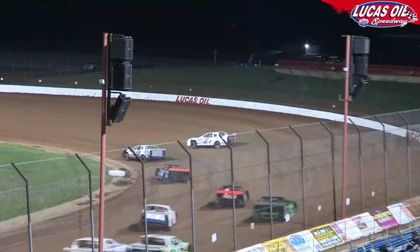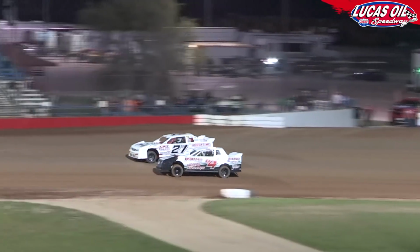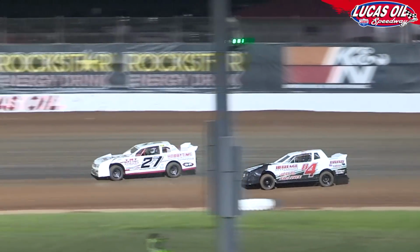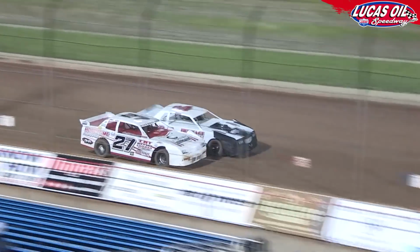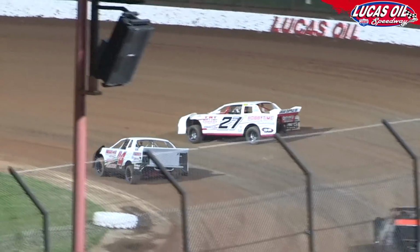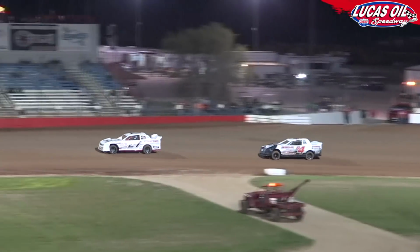Corey, we've seen it all night. The low line has been the preferred line. Toby Ott, who had the lead, decided to go up to the top shelf. That allowed Cody Friesen to sneak back underneath. And a similar move right here again, Shane, and it's going to be Friesen in a drag race. No, Ott may have got him at the line there. Dead heat. I think it goes to Friesen that time around, and the yellow flag comes out as the 6th